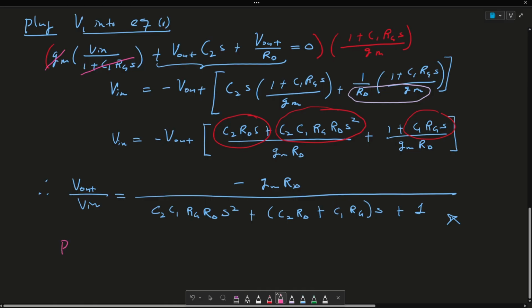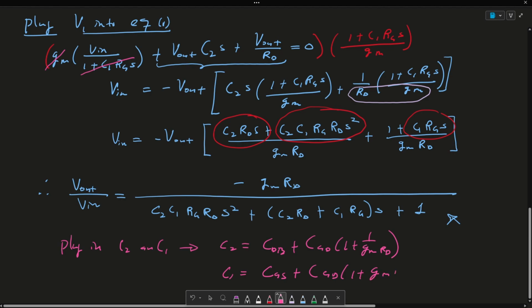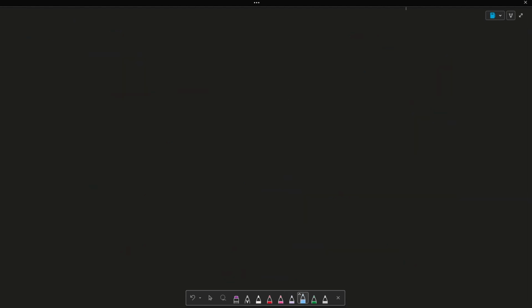So let's go ahead and now plug in C2 and C1 and make it nice. So what I'm going to do is plug in C2 and C1, where again C2 is CDB plus CGD1 plus 1 over GM RD, and C1 is CGS plus CGD1 plus GMRD. So V out over V in is this, minus GM RD